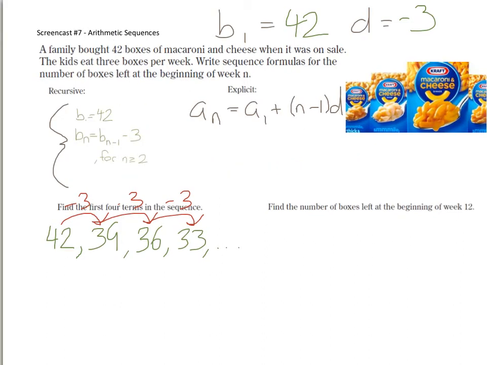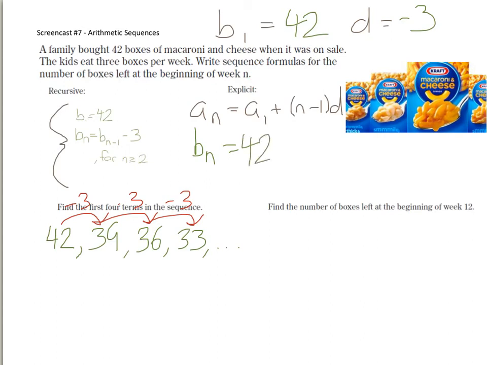To find our explicit formula now, we're going to follow this excellent template right here, which is the general formula for any explicit arithmetic sequence. Now, we're not talking about any one, we're talking about a very specific one that has to do with these boxes of macaroni and cheese. So instead of a sub n and a sub 1, remember I called it b because b stood for boxes, so b sub n is going to be equal to the first term, which we said was 42,